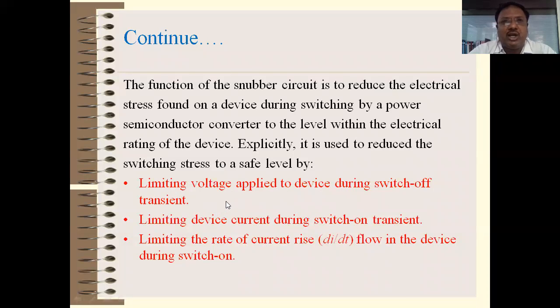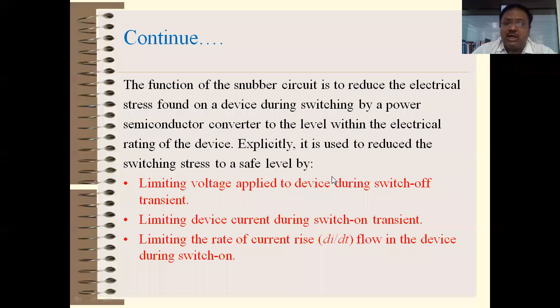Normally what happens when we turn on and turn off a switch, even for example at our home, if you are using a lamp, that is an ordinary lamp, which was used previously at our home, now we are using CFL, LED lamps or tubes, right? But the old lamp, if you turn it on or turn it off, many times that lamp may be damaged due to fluctuations at turn on and turn off. This may be observed by everyone at home, right? This has happened due to the switching action, right?